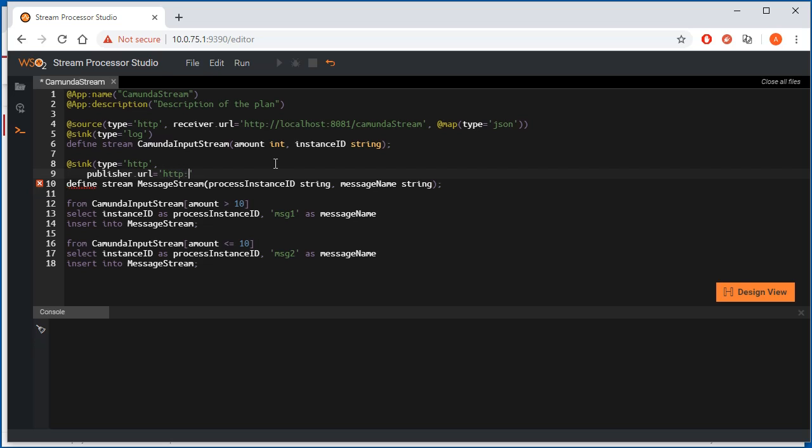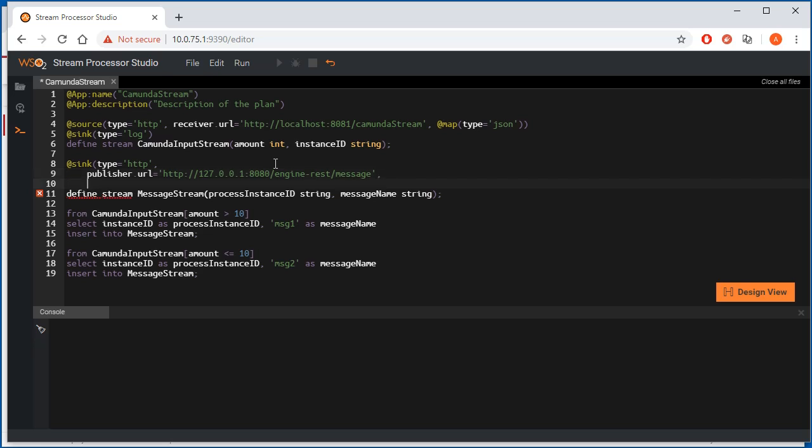So HTTP 127.0.0.1. The port of my Camunda engine is actually 8080/engine-rest/message, as we saw from the documentation. We need to set the proper headers for this connection